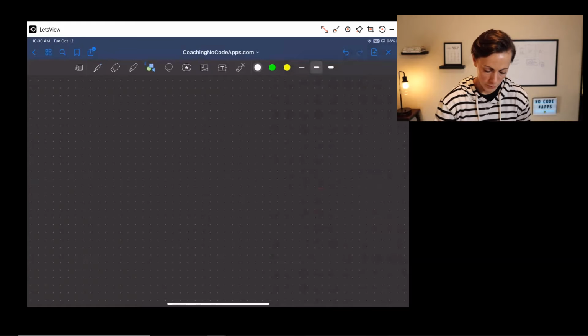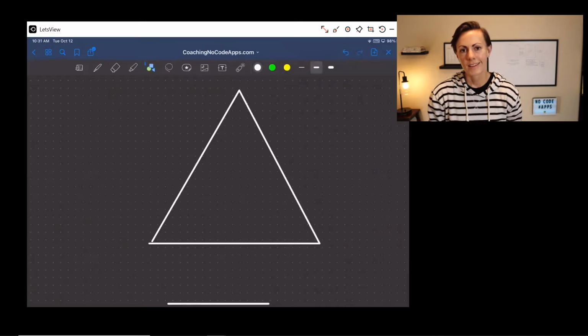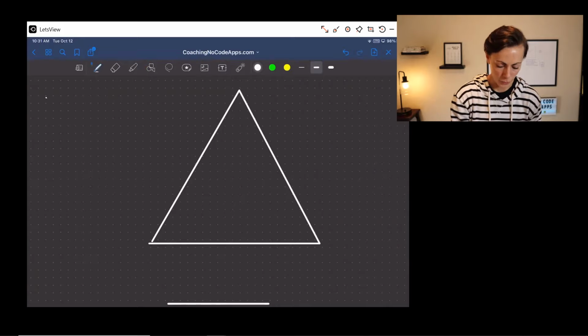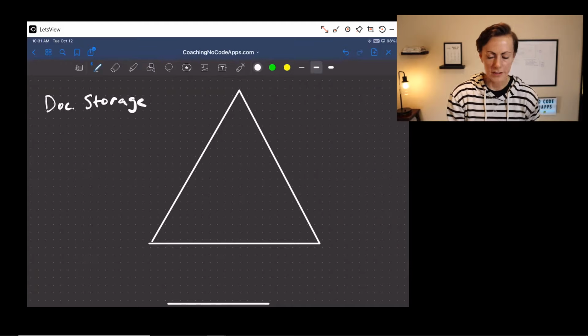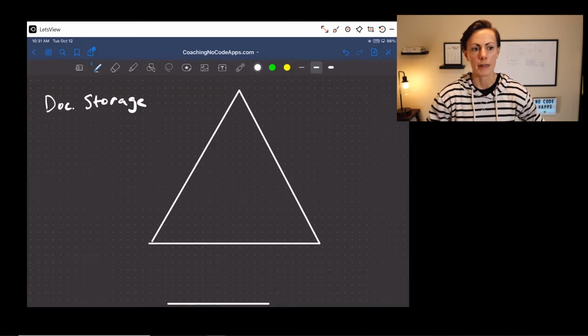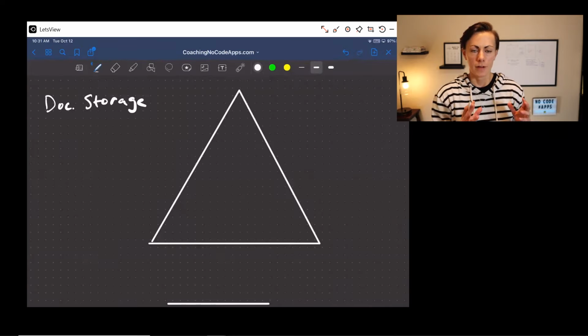We're just going to start from scratch instead of doing a lot of erasing this time. So the last app example we're going to go through is that document storage app. Now, again, there are lots of different use cases for this, tons of them. This can be a consumer-focused app. It can be an app for service-based businesses, depending on how you use it, but we're really looking at housing,